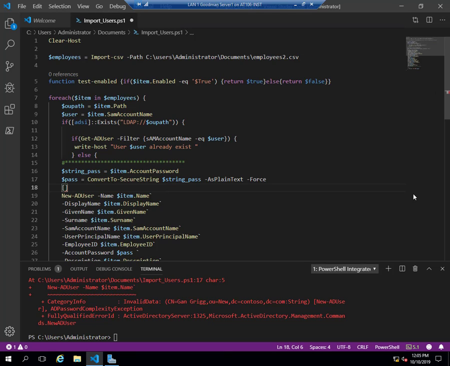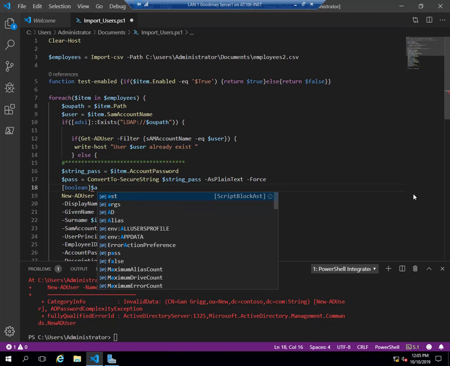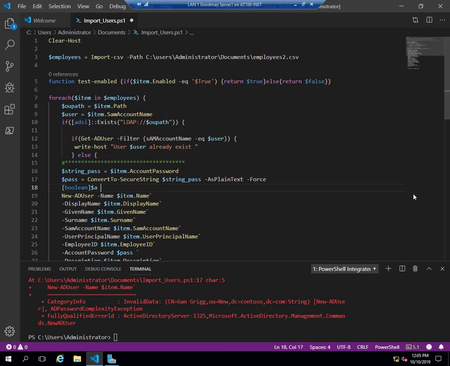I'm going to put hard brackets and type in Boolean. And I'm going to put, say, $A. So that means that variable $A will only be able to take in the opcode 0 or 1, basically a Boolean true or false, yes, no, 0, 1 value. And it's going to equal